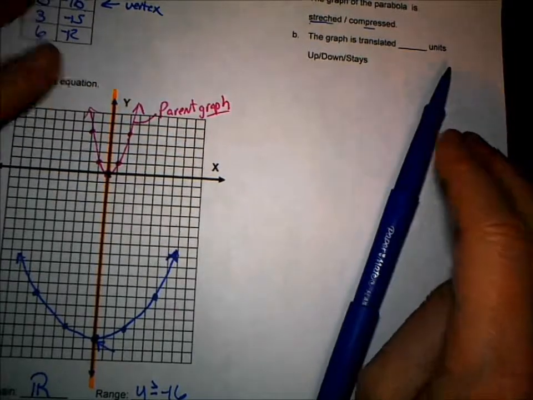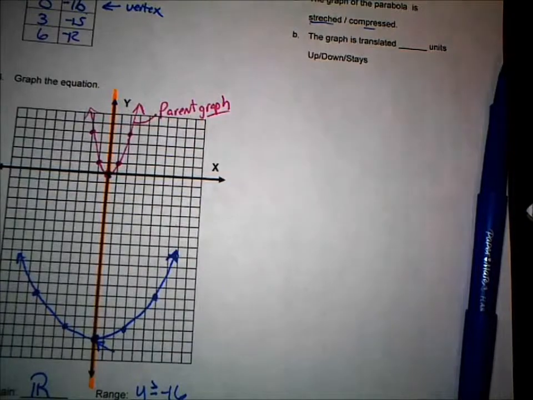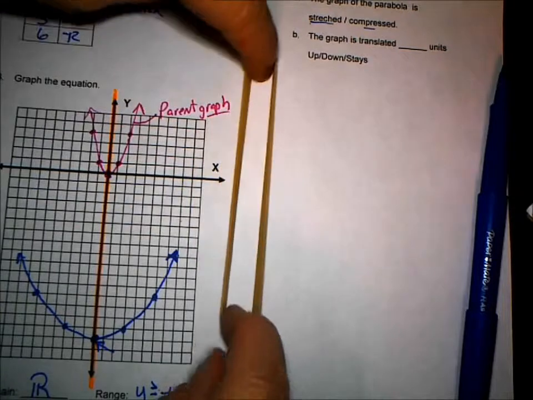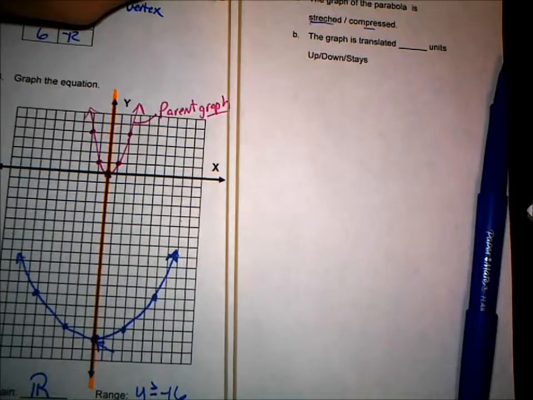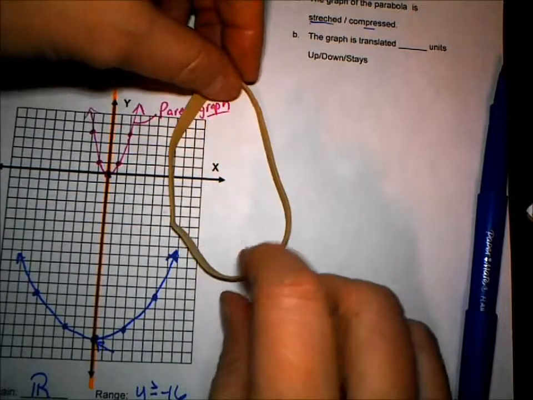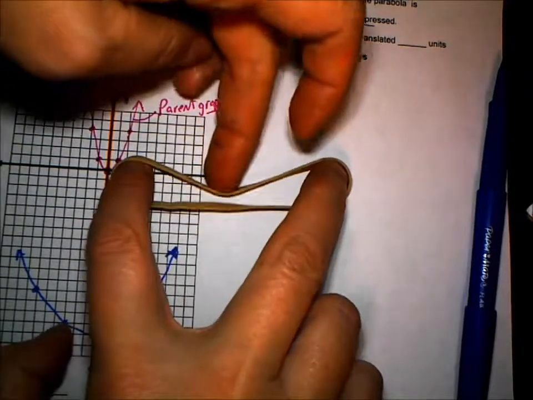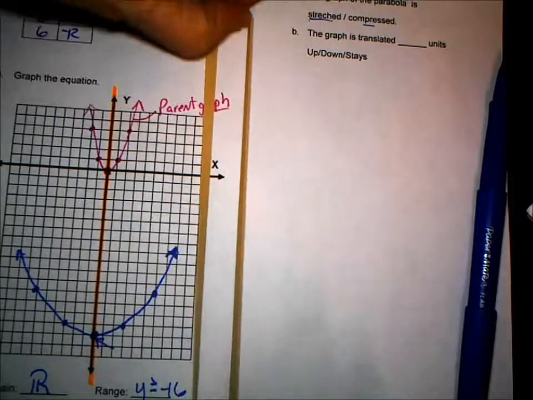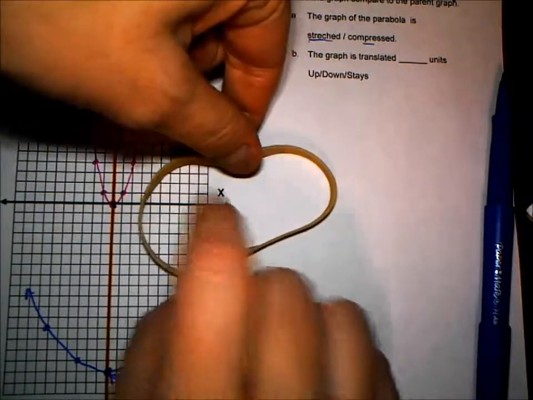Stretching is like a rubber band. Let me see if I can find one real quick. Okay, here we go. Here is a rubber band to show you what I'm talking about. When you have a rubber band and you stretch it, it gets real narrow and skinny. See how close the sides get together? Really narrow and skinny. But when I compress it, that means to squeeze it together, to shrink it down. When I start pushing together, you see how it widens out and it gets flat? Kind of fat and flat. It widens out in this place. So if I'm stretching, it's getting really, really narrow, and if I'm compressing, it's flattening out and getting wide for